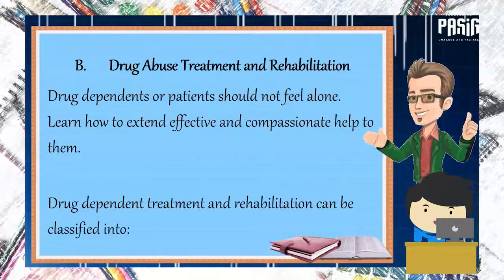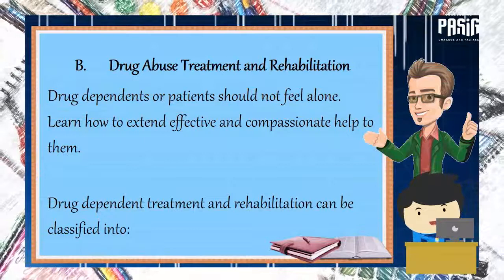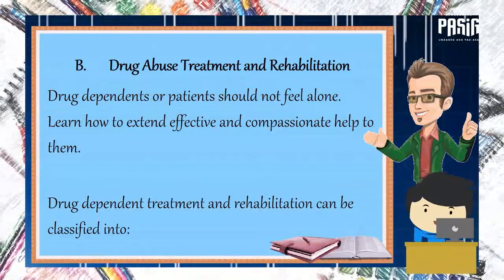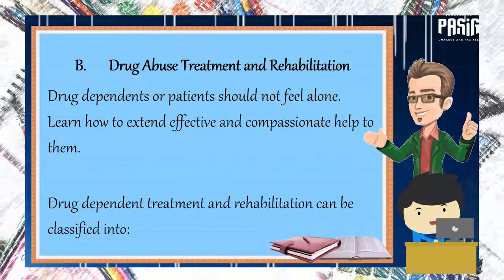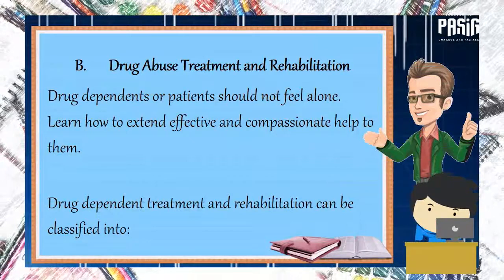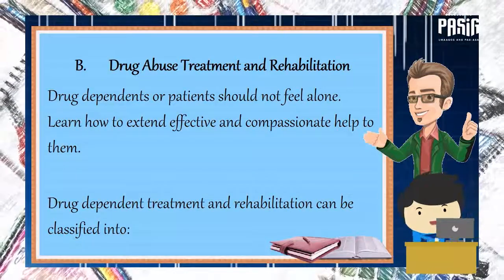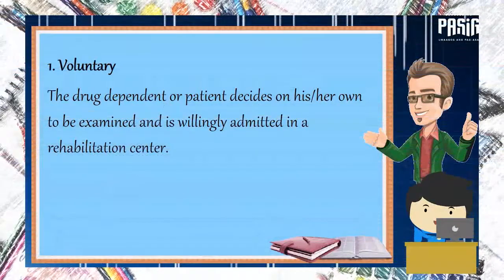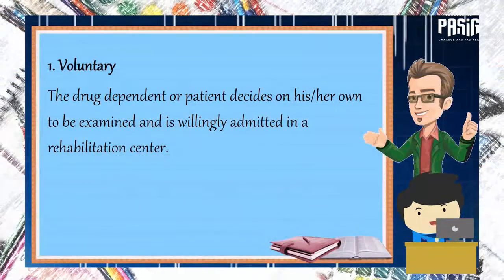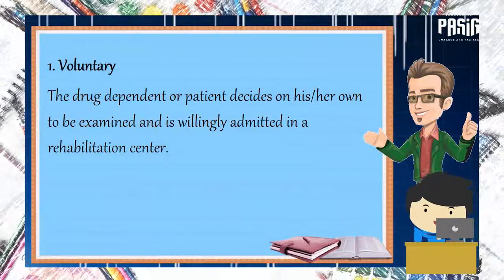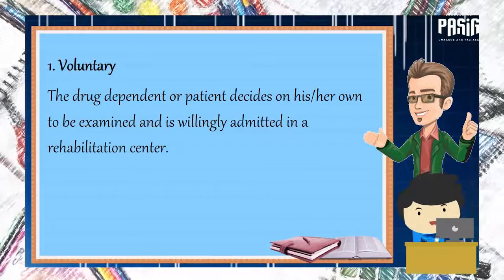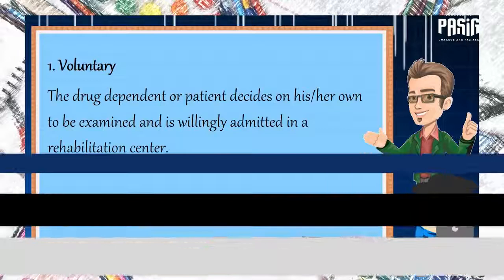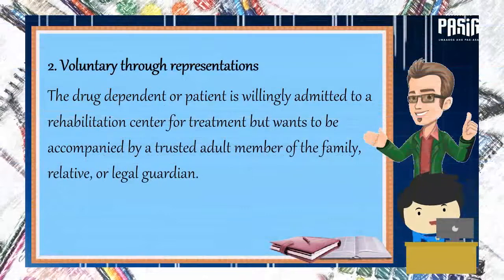Drug dependents or patients should not feel alone. Learn how to extend effective and compassionate help to them. Drug-dependent treatment and rehabilitation can be classified into: Number 1, voluntary. The drug dependent or patient decides on his or her own to be examined and is willingly admitted in a rehabilitation center. Number 2,